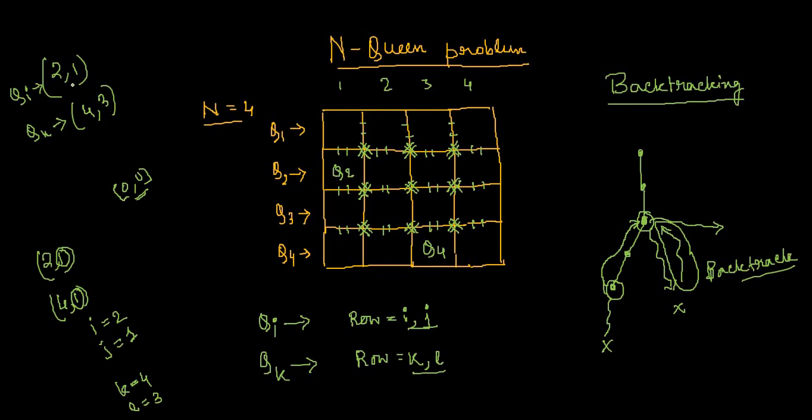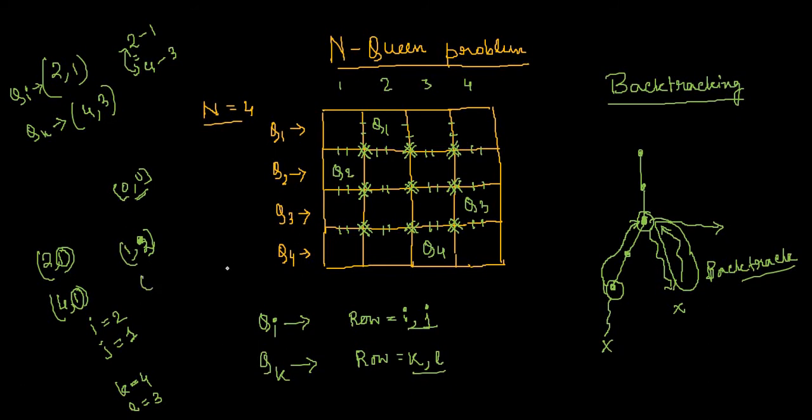If you closely watch these two cases, you can see there is a similarity. The difference between the row and column is the same for both. What I mean is that 2 minus 1 is equal to 4 minus 3. They are the same. So that is not only for the 2, 1 and 4, 3 case. You can take any other option. For example, if you consider queen 1 is here and queen 3 is here. Queen 1 means, what is the cell number? It will be 1, 3, right? Sorry, 1, 2.